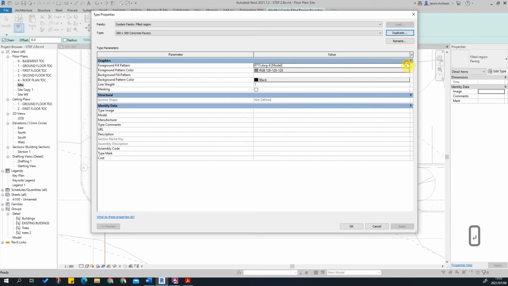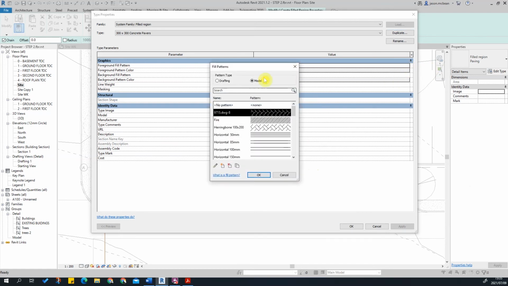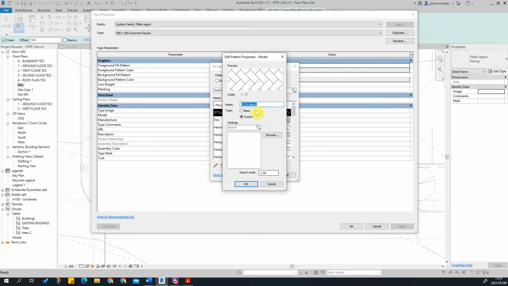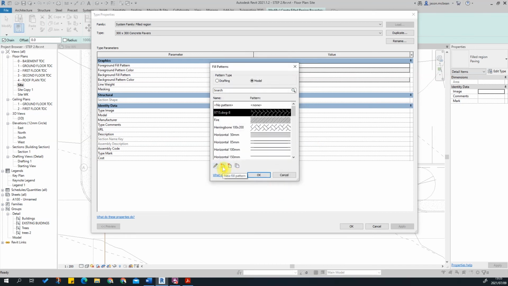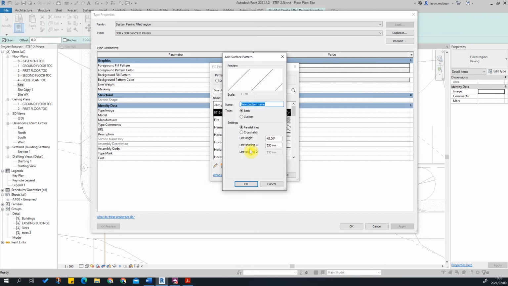Now that that's been established, here we need to go and set up, and here we need to be strategic. You either want a drafting or model. In this instance, I'm going to make sure it's a model, and I'm going to say new, create a new one. I'm going to call this 300